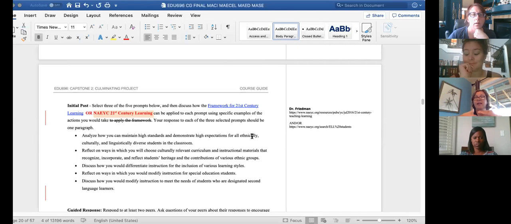And like this one, they pick 3 out of 5. So we would have to include some more prompts and change that wording. But we could totally add more prompts that deal with ECE. Ideally, you would want the MAID students to pick something that goes with MAID and the ESE students to pick something that goes with special ed. But I think as an instructor, that would be a logistical nightmare. So maybe we have MAID students in early childhood centers and they would pick that. And that would be completely fine.